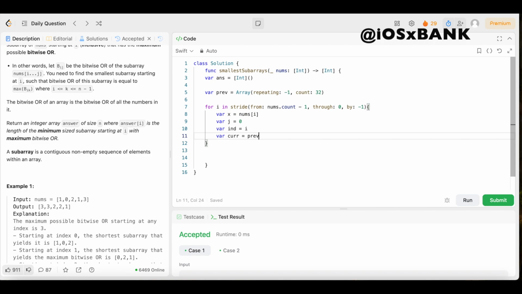Now we need to extract the bits of the current number and update cur. So for that, we come right here, we'll say while x is greater than 0, we'll open up the brackets, and we are going to say let dig equal x mod 2. And that's going to be the last bit, which is going to be either 0 or 1. Then we're going to say if dig equals 1, then we can open up the brackets, and we're going to say